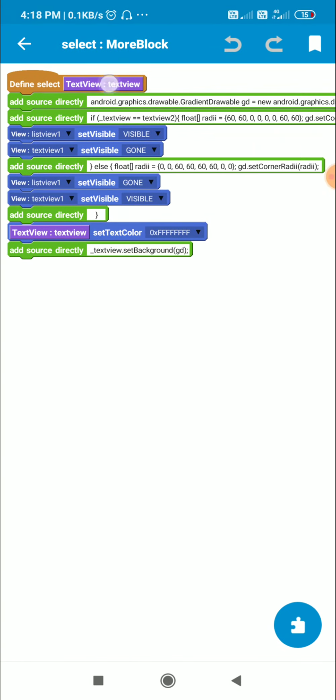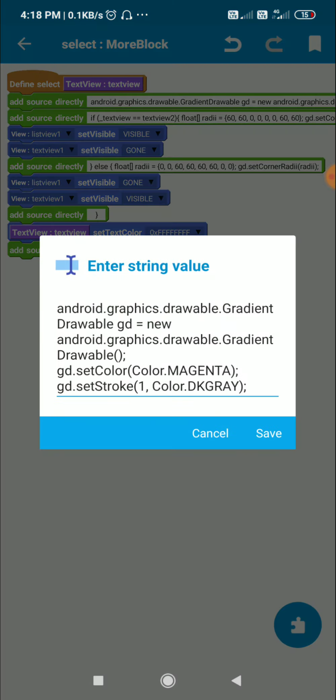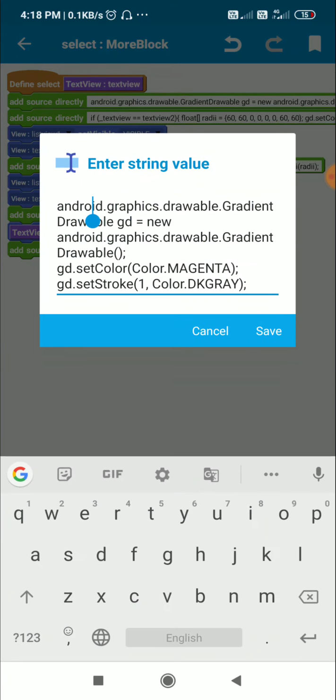Now let's have a look at the select and deselect more blocks. The select block has a variable, text view, which can be written as underscore text view in code. Here I define a gradient drawable. In Sketchware we write gradient drawable as android.graphics.drawable.GradientDrawable, defined by writing equal to new gradient drawable, and the name of this gradient drawable is GD.